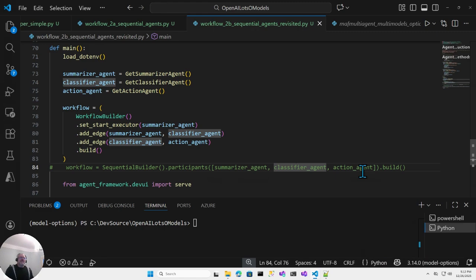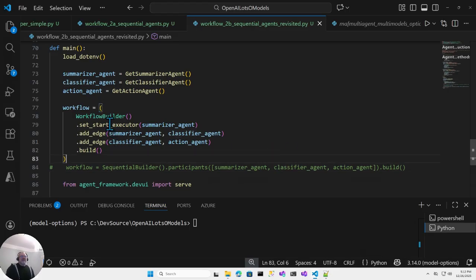I figured I'd write the code such that you could see the possibilities here, like some fan out, fan it back in. As a result of this agent, I could potentially call like three different agents, that sort of thing. And then from those three, come back to the one.